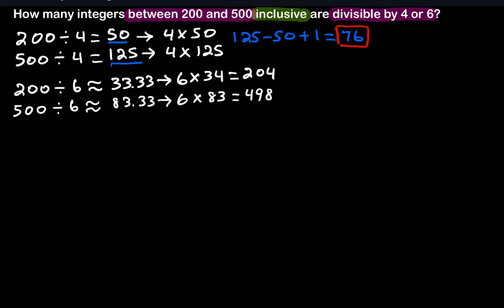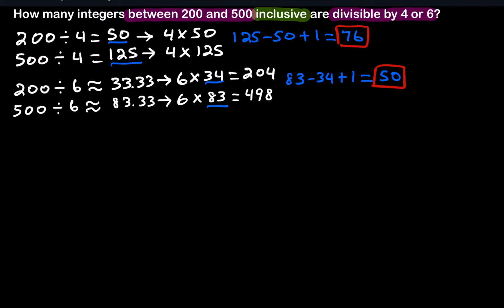We have to consider how many multiples of 6 there are in this range. We're going to take the largest number minus the smallest number, 83 minus 34 plus 1, and that's equal to 50. There are 50 multiples of 6 in this range. But now we have to be careful here. We need to consider any overlapping because we sure do not want to double count and come up with an